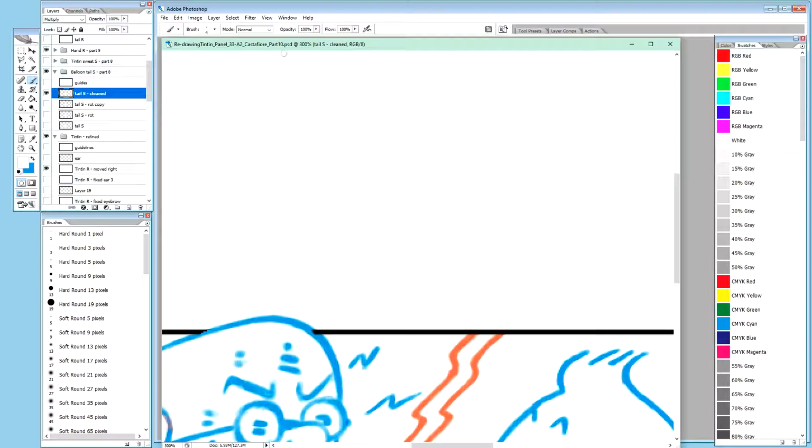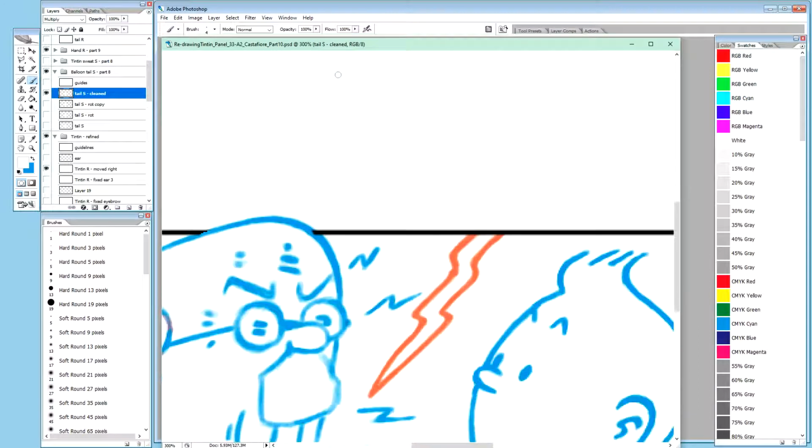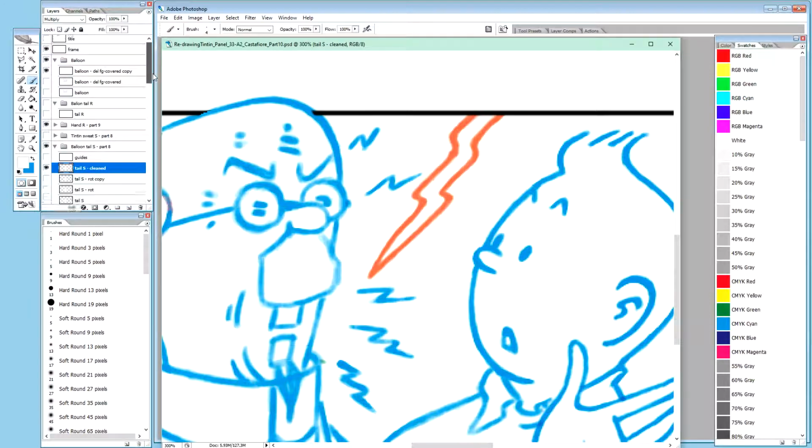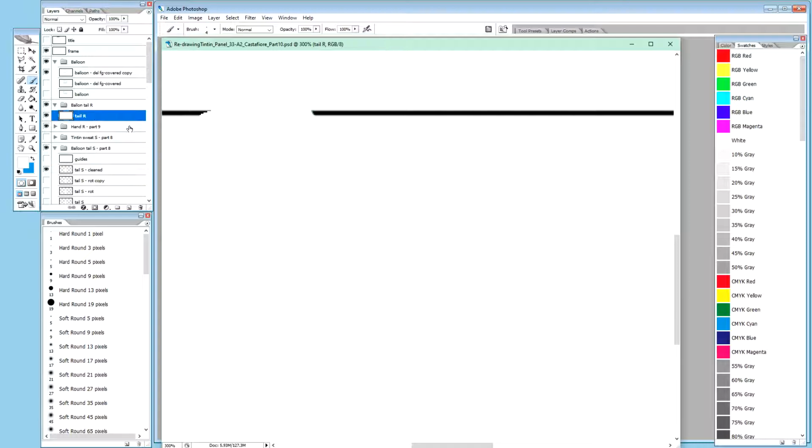Alright, so now what we have here is 300% scale, and I think that's probably a good magnification. And I'm having a tail R here now, and tail R means tail refined, so this signifies the blue line. So refined,